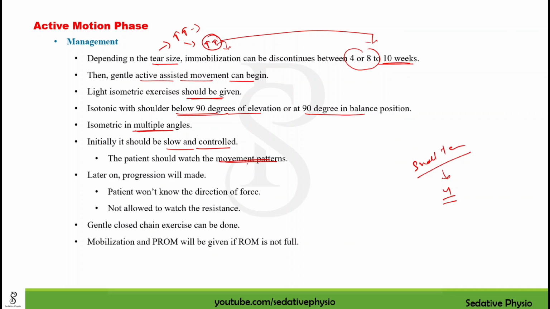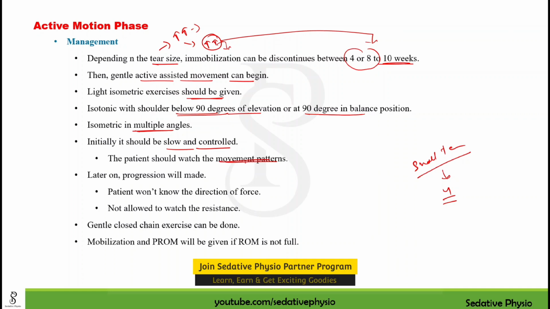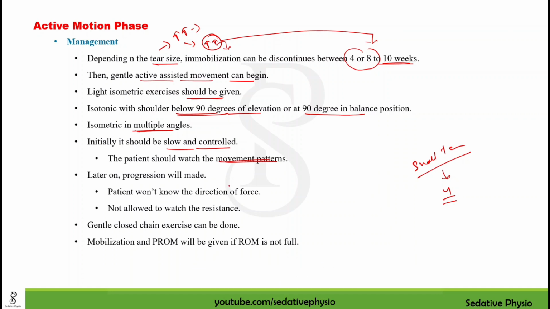But later on we will progress it. How? In the progression, we will not allow the patient to see the direction in which we are applying the force. The patient won't see it, and the patient is not allowed to watch the resistance. So later on we will make this progression, but initially the patient should watch the movement patterns, should know the direction of the force, and should watch in which direction we are giving the force. Okay, now